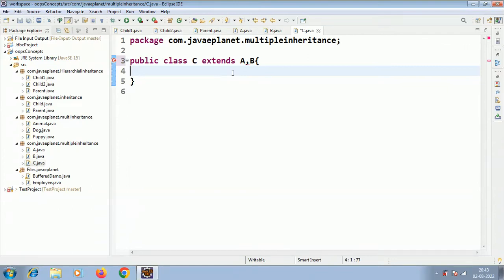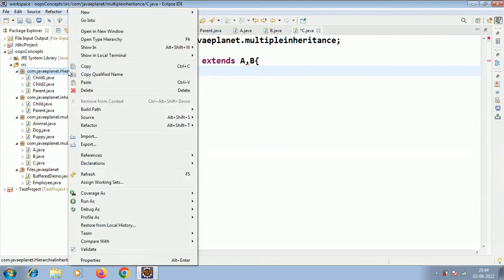The first and foremost thing is multiple inheritance doesn't support because of its complexity. We have here two issues, which is we can't extend two parent classes at a time, and also if the two parent classes have the same method, that forms an ambiguity for the programmer. So multiple inheritance doesn't support here. If we get back into the hierarchical inheritance,